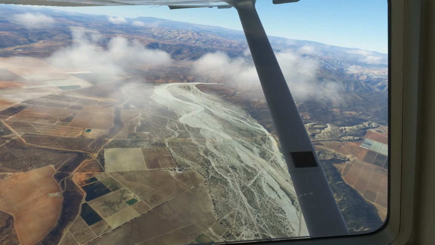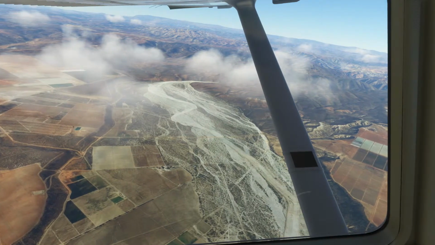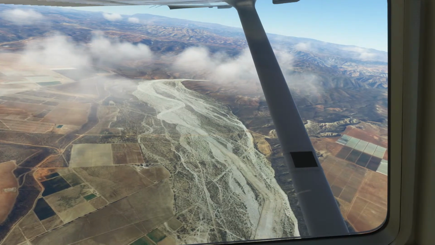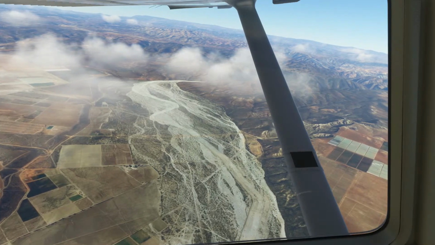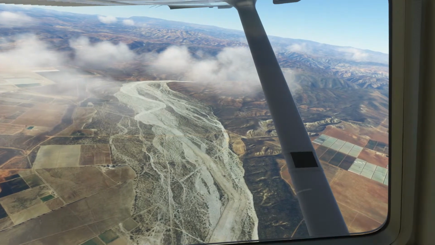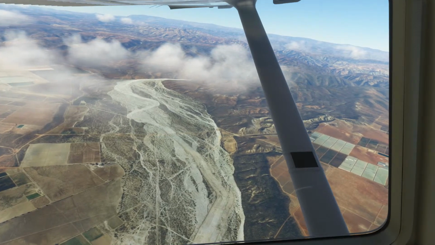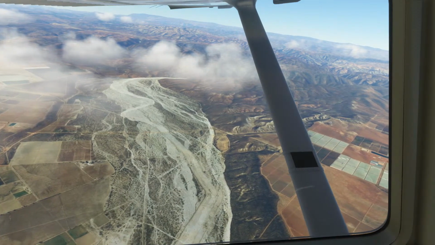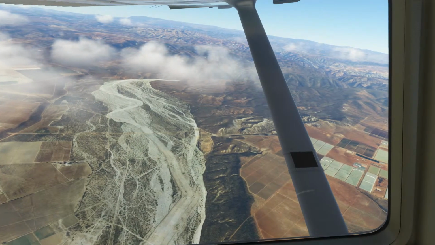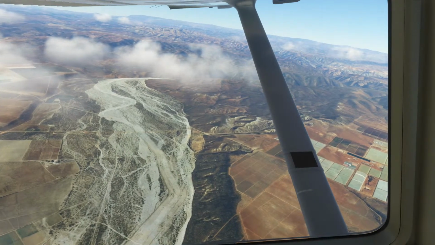The state has an estimated population of 3,769,000 people as of 2020. And the lower half of the peninsula, of course, is Baja California Sur to the south, and it's sparsely populated in comparison.